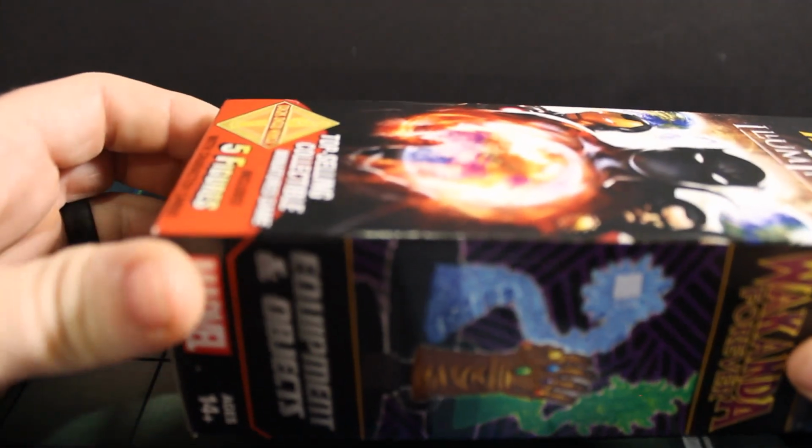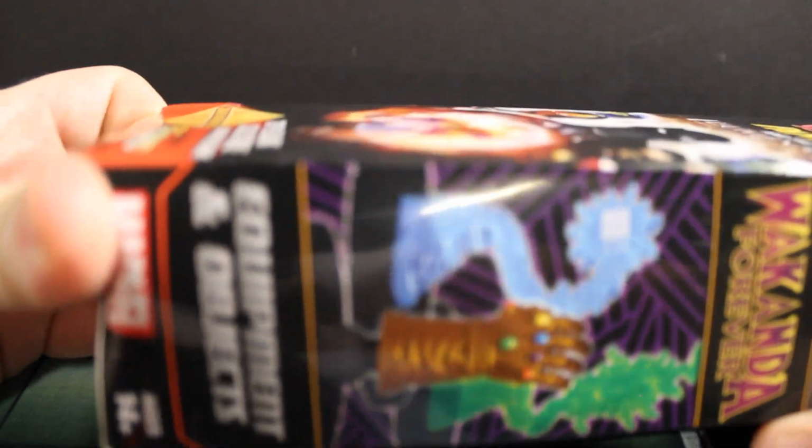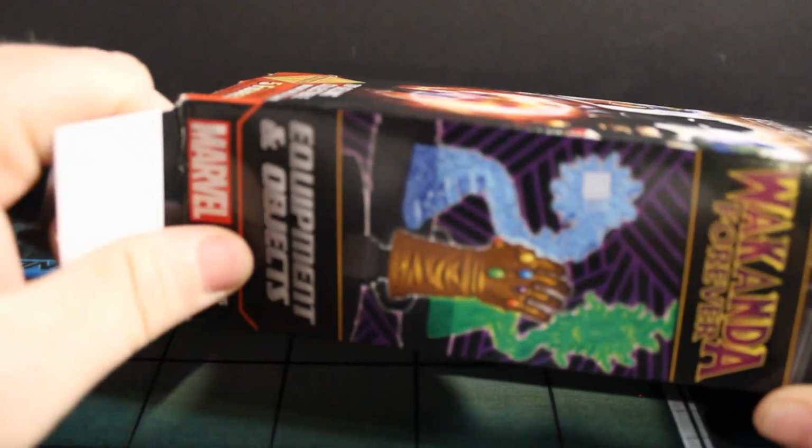Alright, up next, dead center back row. We pulled 2 super rares. No chases, no primes. So let's see how this goes. Hoping for one more super rare at least. And we've got